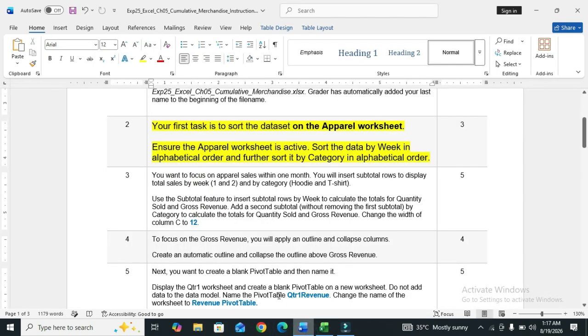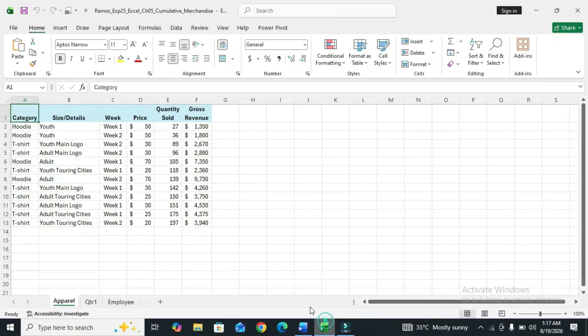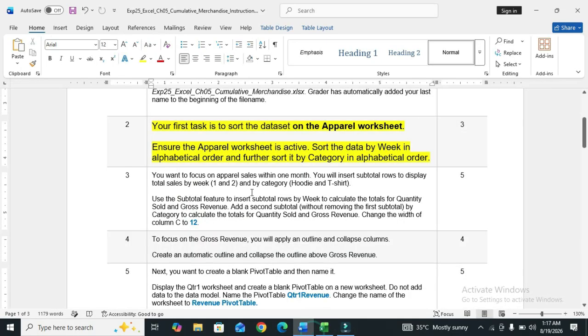Next, ensure the Appearance worksheet is active. Sort the data by week in alphabetic order and further sort it by category in alphabetic order.